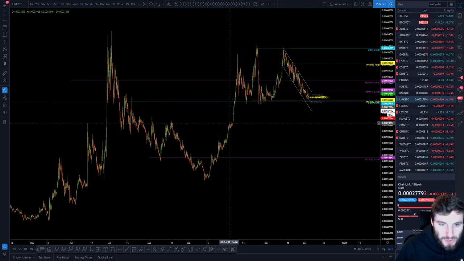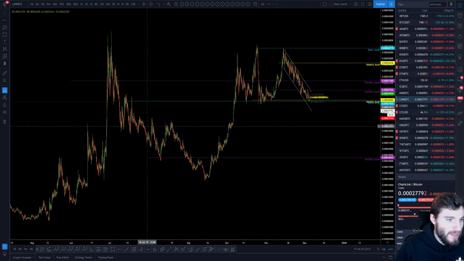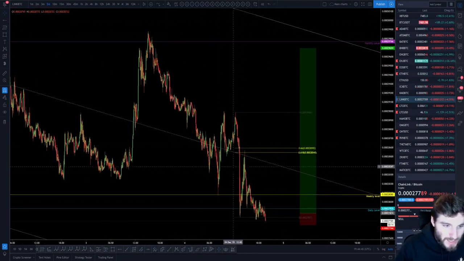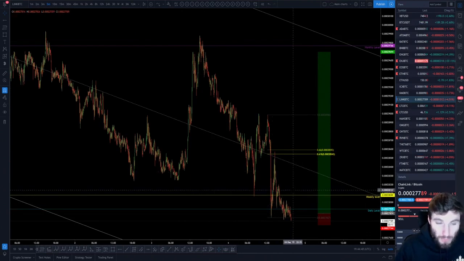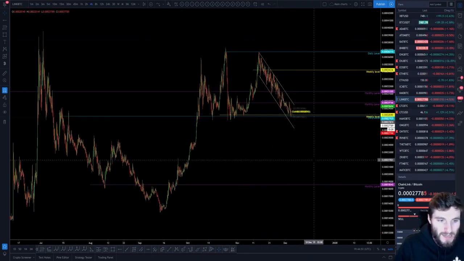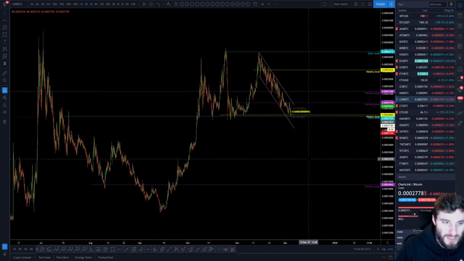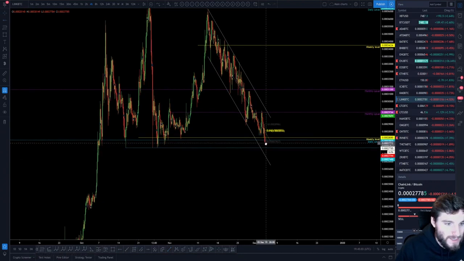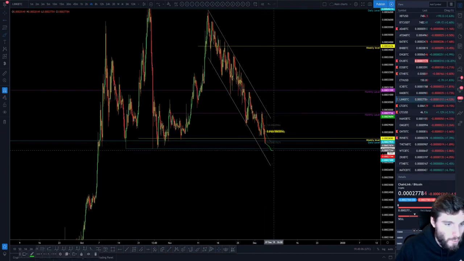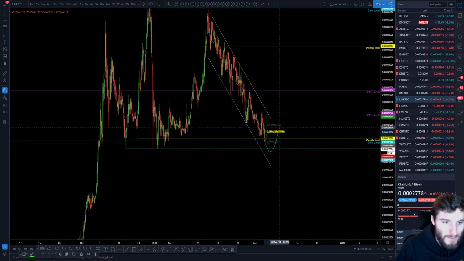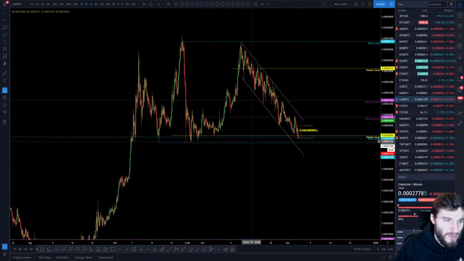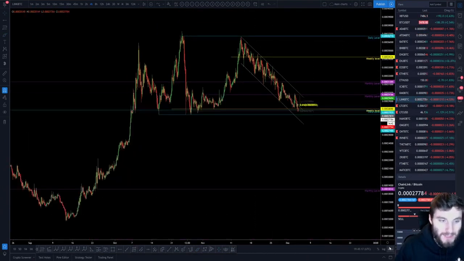Your next area is around 244, more or less. You've got a bit of SR coming in there, but nothing major. For me, it was worth the trade, knowing that this is the last major area of support on Link before you can easily see another 10% drop. In my opinion, you could see a 10% drop really fast. Obviously, you've got the last areas of the wicks. All you want to be aware of on the wick is that you could see something along these lines, where you wick through those wicks before moving back up again. But obviously, if you start closing through this level, you're probably going to see a 10% drop fairly quickly, I would say, on Link.